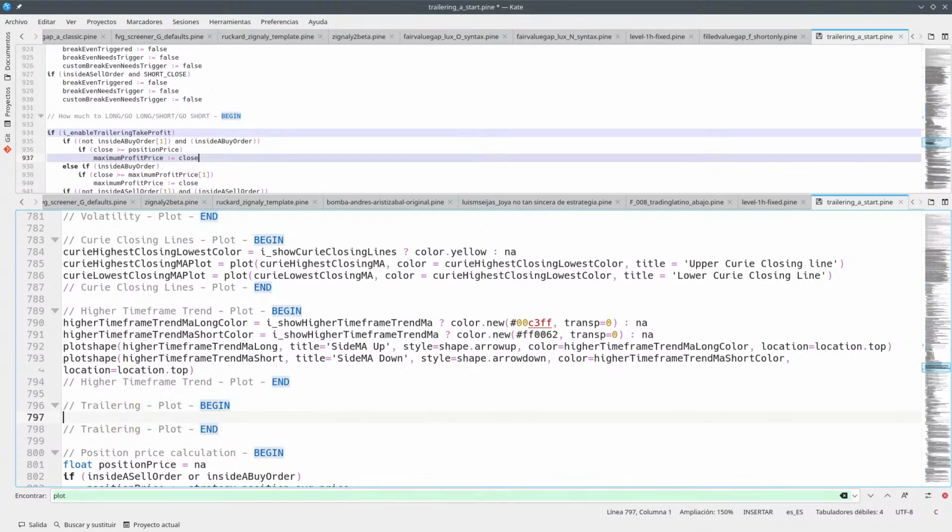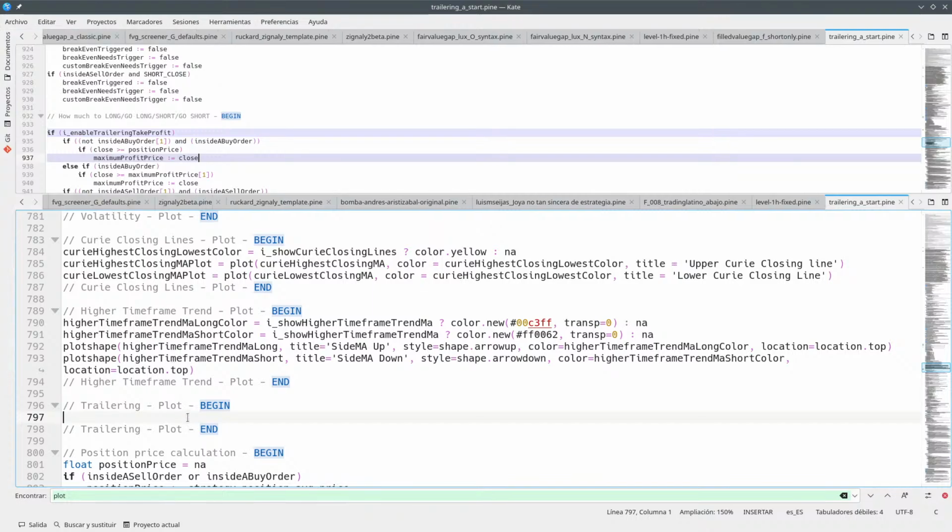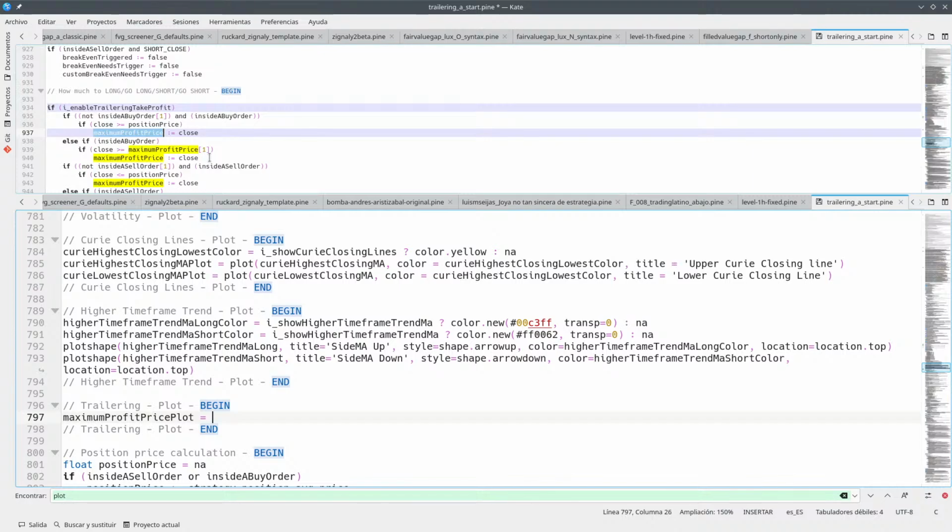So we should have a setting for turning this on or off, if you ask me. But before doing that, let's plot this like that, and then we will see how we implement it. So what I want to do is plot the maximum take profit, maximum profit price. However, I want to plot this in such a way that it's only plotted if